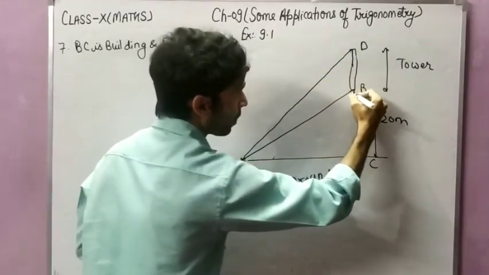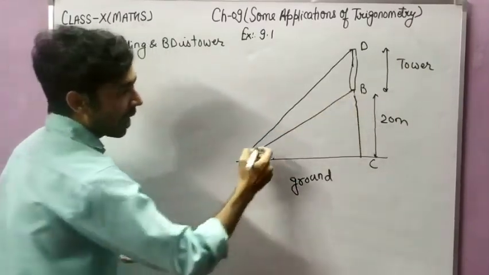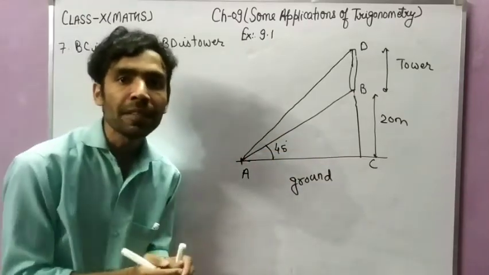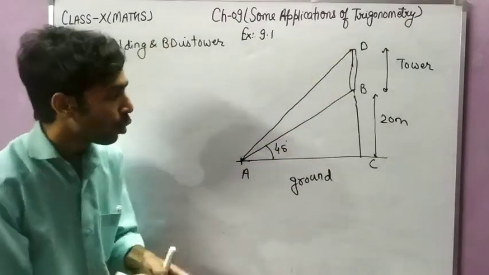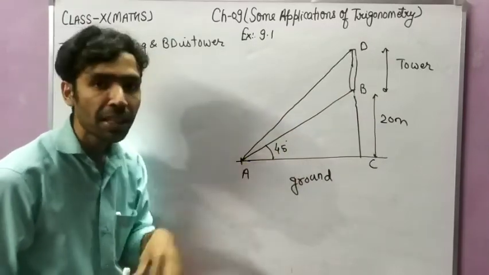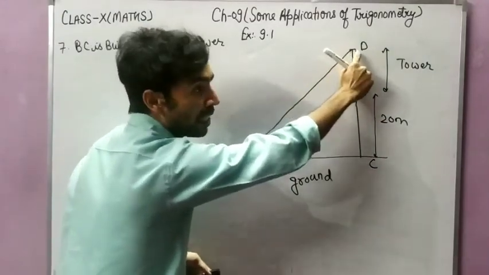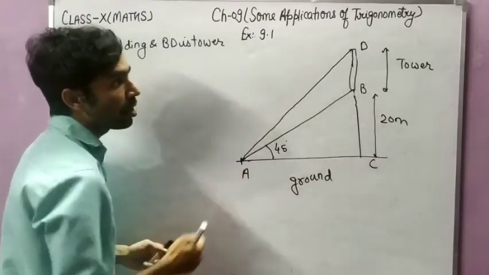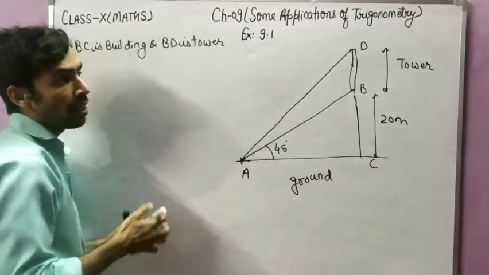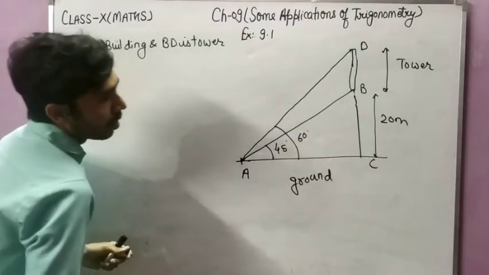ठीक है. Now see, when from point A we are seeing the bottom of transmission tower, the angle of elevation becomes 45 degree, because angle of elevation is nothing but the angle between the line of sight and the ground. ठीक है, तो line of sight, first we are seeing the base of transmission tower, so line of sight will be this and ground will be this, so 45 degree. And in the next part we are seeing the top of the transmission tower which is at point D. So when we will see the top of the transmission tower, the line of sight will be AD and the ground will be AC. So between ground and line of sight, the angle of elevation is 60 degree. ठीक है? So this is the correct figure.